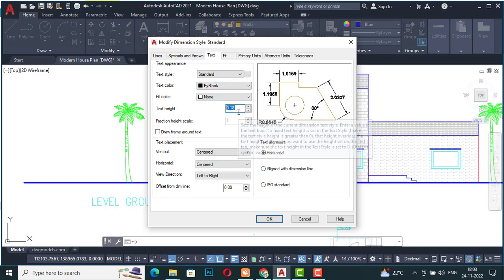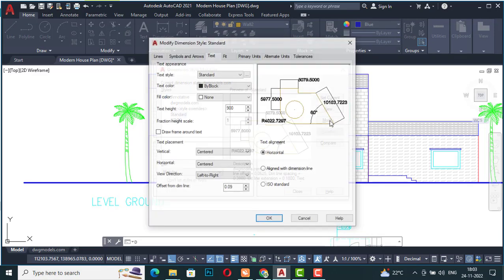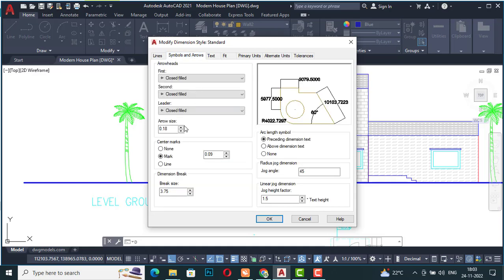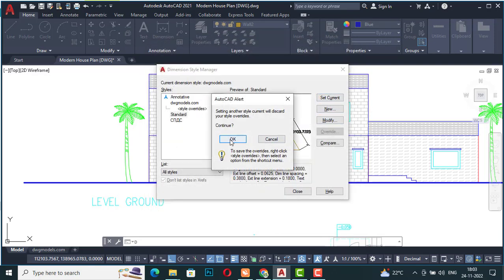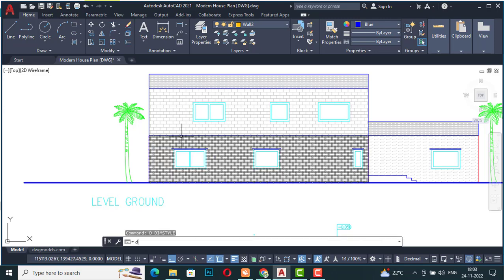This is 0.18. So I'm going to make this as 900, and we'll modify symbols and arrows also. I'm going to make this arrow size also 900, and I'm going to select architectural tick, okay, and I'm going to set current, okay,